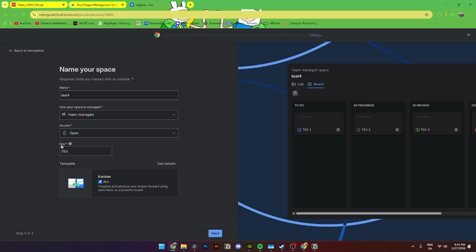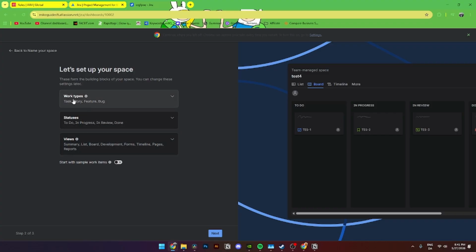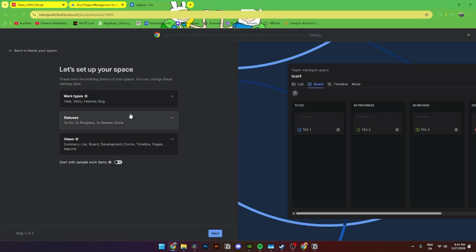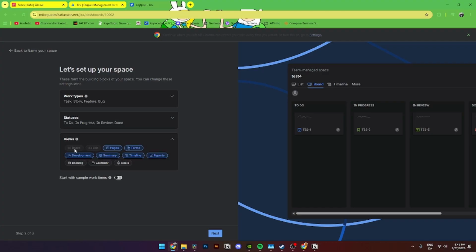From here you can also add a key to the specific Kanban board if you want to do that, and once from here you'll simply need to click next. Once from here you'll simply need to add the work type, where you can add the task, story, feature, bug, or add a new work type, or delete these ones if you're not feeling those. You can also add statuses and views down here, but from here you'll simply need to click next once you have edited all of that,